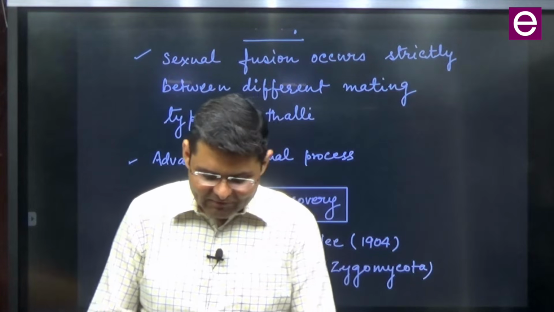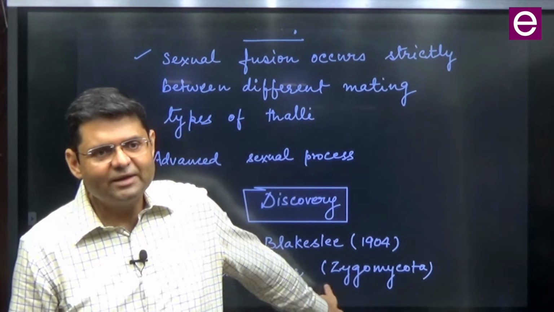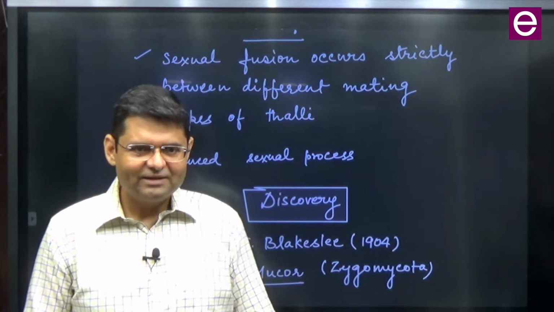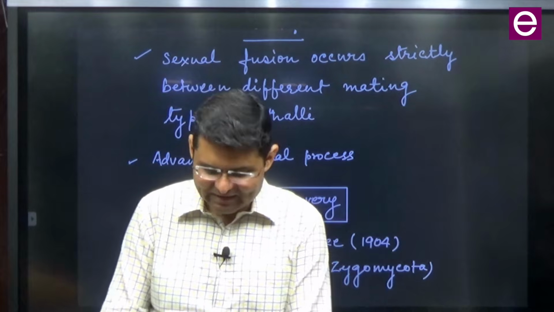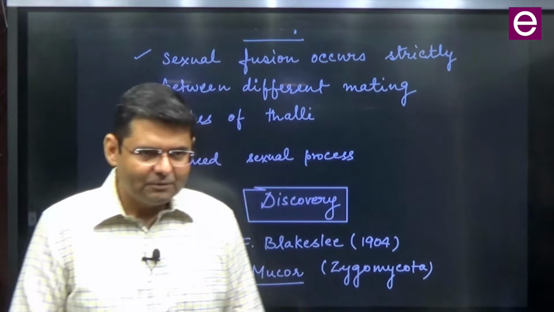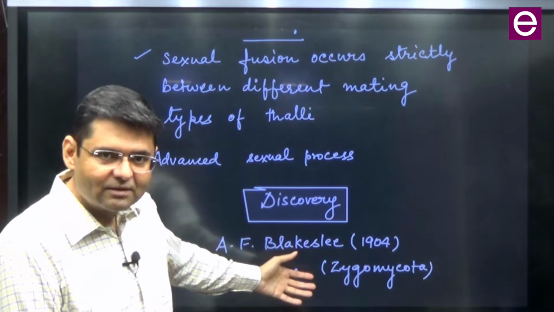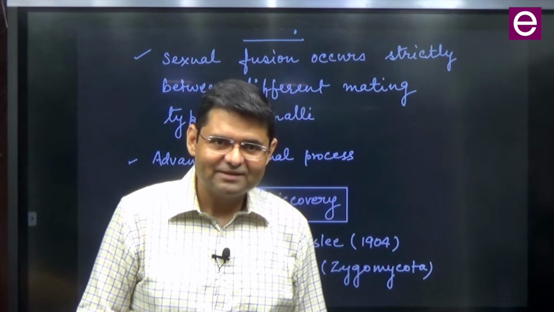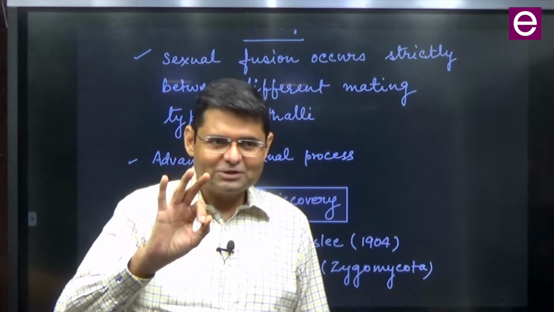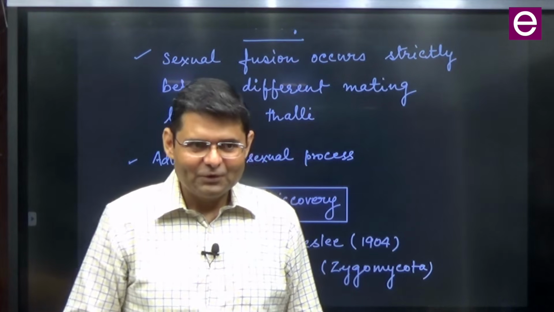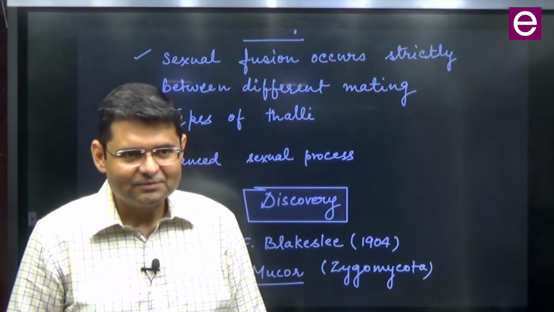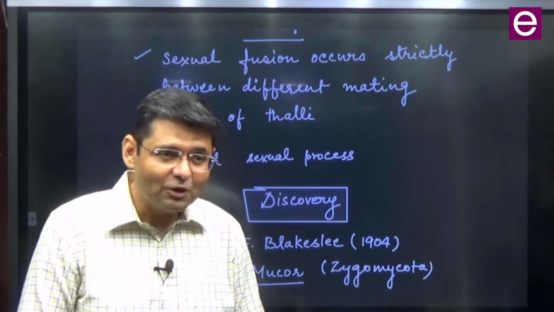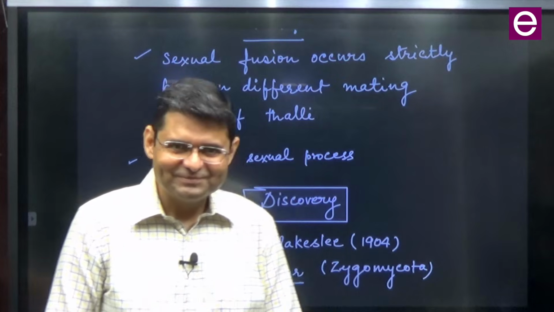So well, A.F. Blakeslee, and Blakeslee में C नहीं होगा. It is Blakeslee. कई लोग लिखते हैं black and then Esley. So no, that won't be right. So A.F. Blakeslee. Now you would want, does it matter? Yes, it does matter for the kind of people who get to become UPSC examiner. So 3 morals of the story. Now, do not underestimate yourself, do not overestimate your capacity to memorize, and do not underestimate the examiner. Okay,